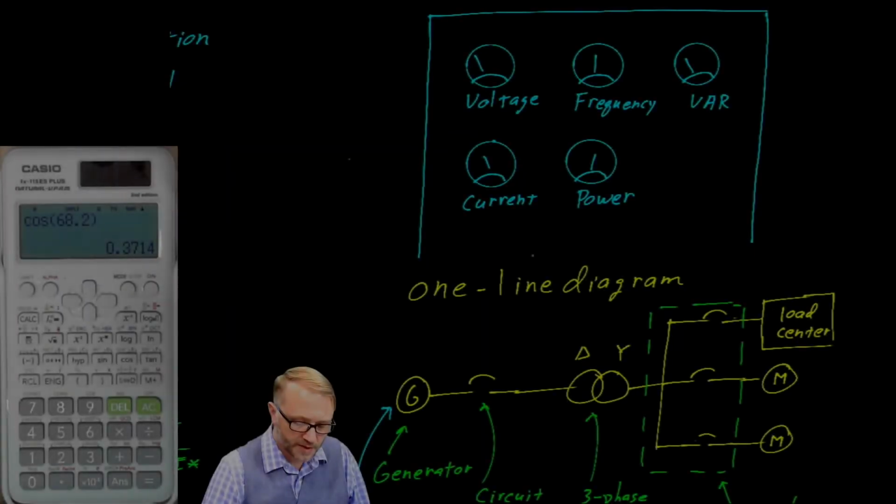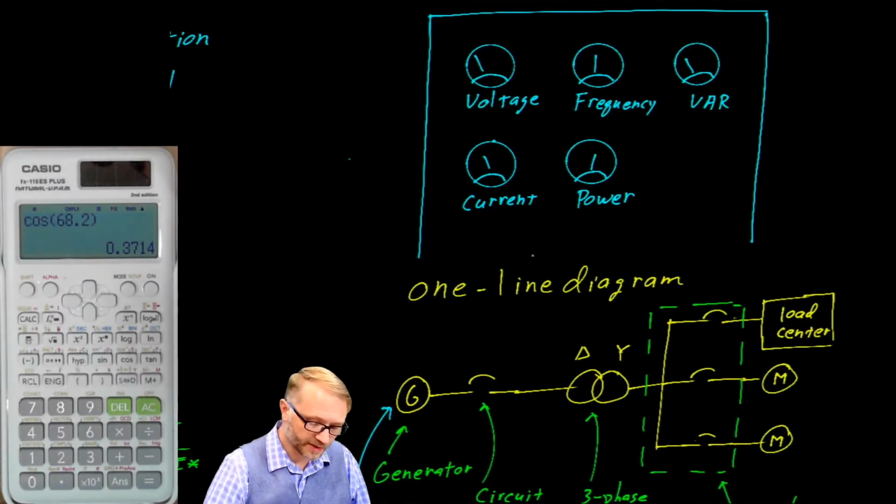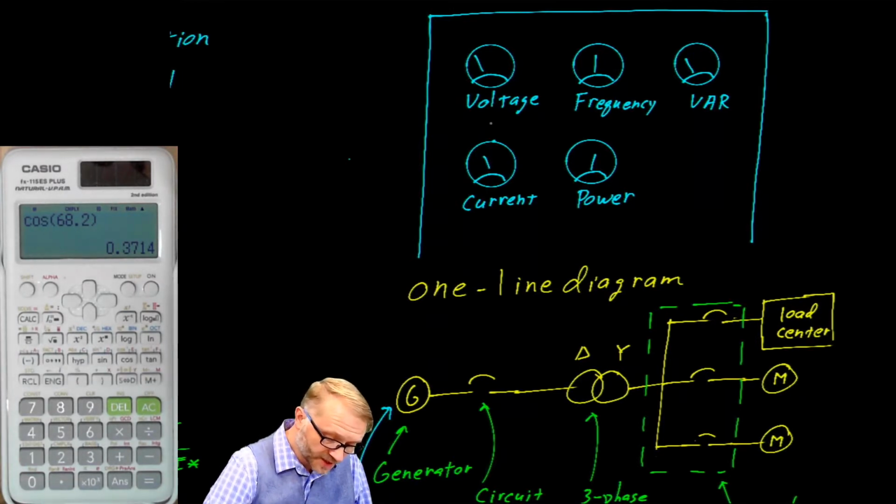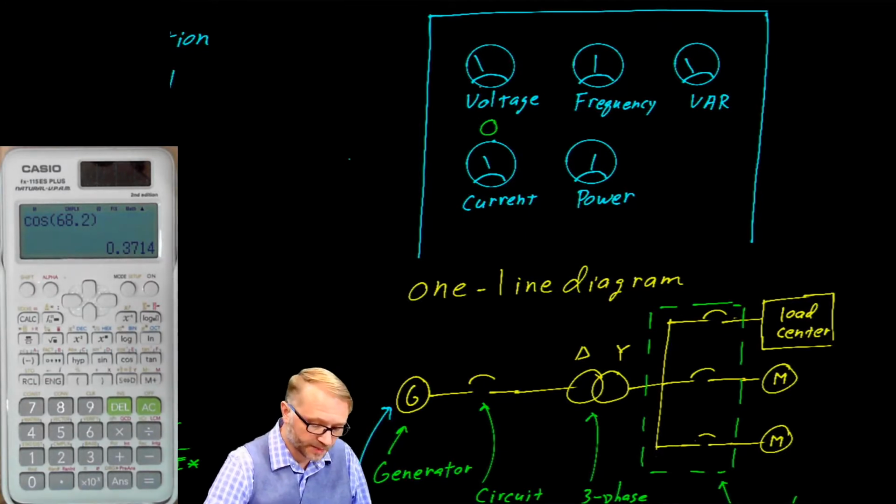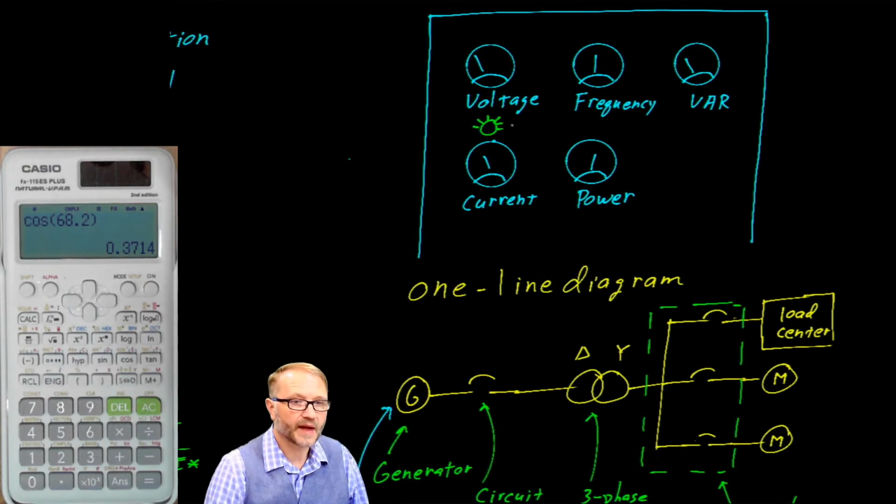As far as our generator is concerned, you might have a switchboard that looks something like this. These are the meters you might find associated with a generator. Voltage, certainly you would need that. Current, absolutely. The voltage meter would typically be accompanied by a switch. And remember, there were 6 different things we could measure. 1, 2, 3, 4, 5, 6. And that was voltage A to B, voltage B to C, voltage C to A,